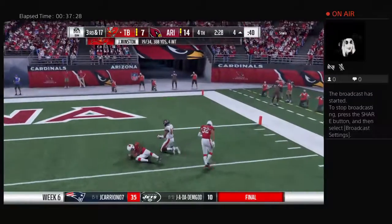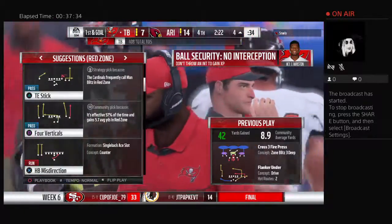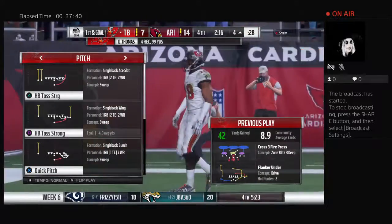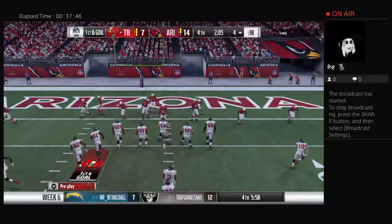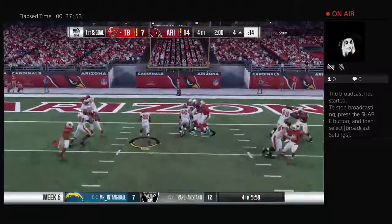And this is caught inside the 5. They're able to convert on 3rd down, and that sets up a 1st and goal. And at this stage, down in the second half, looks like they just wanted to find a way to get it in the hands of their playmaker, and they did. I think you're exactly right. I don't think the coordinator's looking at his play sheet and trying to figure out which play will work well. He's trying to figure out how to get the ball to the playmaker that you just described. Looking down at that sheet, you find people plays, not necessarily...